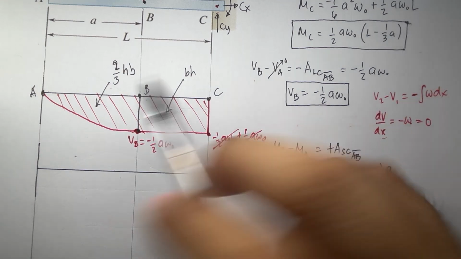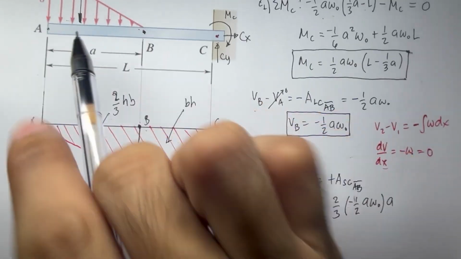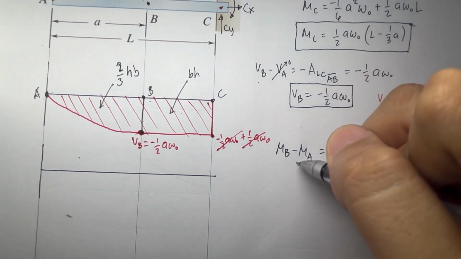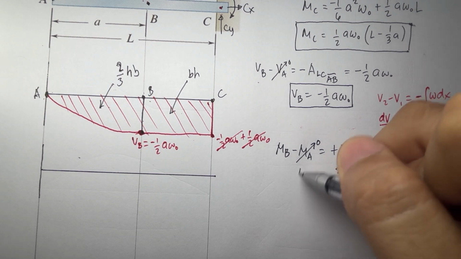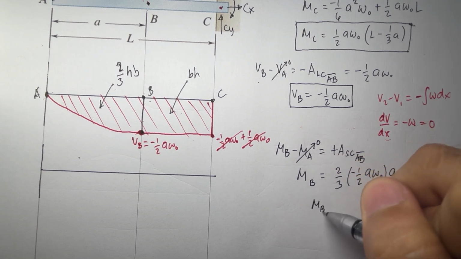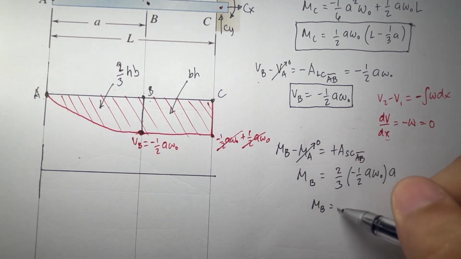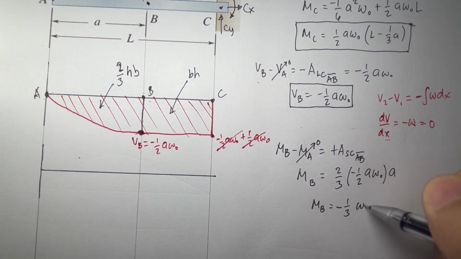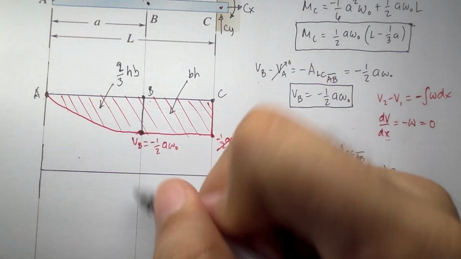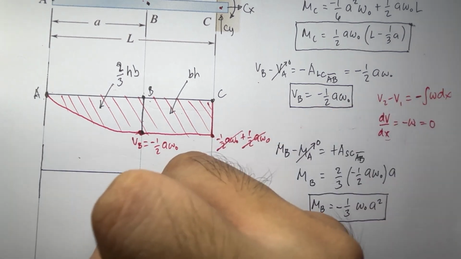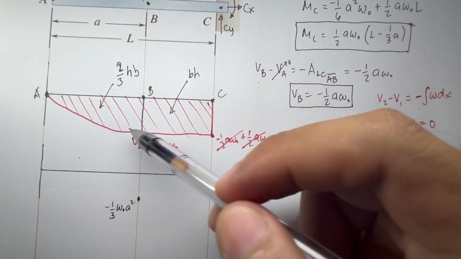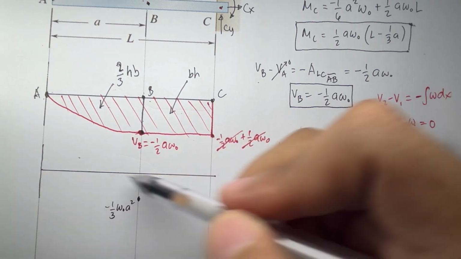And take note that in point A, we have no moment applied. From our drawing, there's no moment at point A. Knowing that, we cancel this MA here. That is equal to 0. Therefore, MB is basically all this one here, no? So MB is just 2/3 times negative 1/2, which gives negative 1/3 omega naught A squared. So somehow, at point B, the value here is negative 1/3 omega naught A squared. Since we have here a parabola, the next graph here would be x to the power of 3.